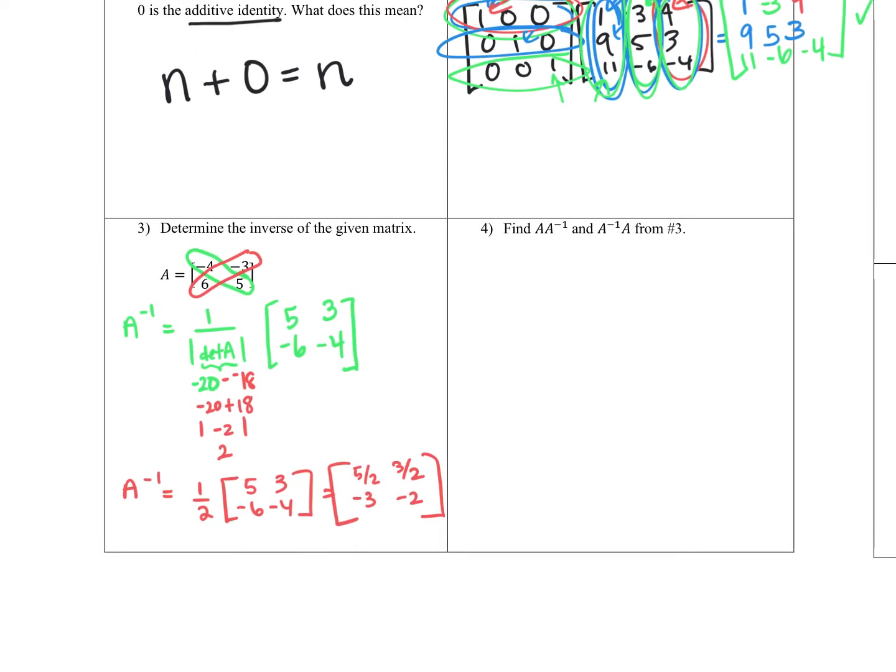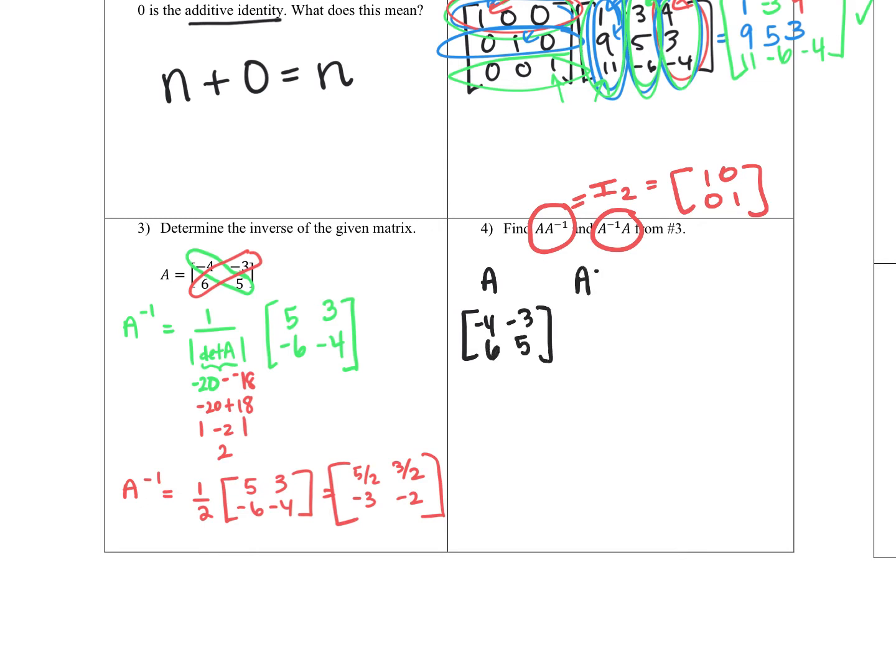So number 4 wants us to check if we're going to take a matrix times its inverse, this better equal the identity, and it's a 2 by 2 identity. So that's going to be that 1, 0, 0, 1. And again, it wants us to check both ways, make sure that we're getting that identity. So if we take matrix A, which is -4, -3, 6, and 5, we want to multiply it by the inverse,